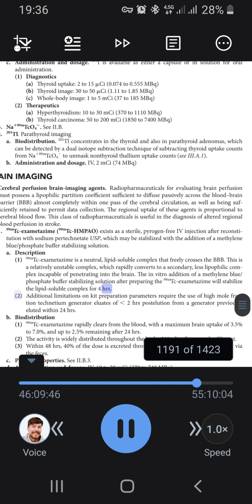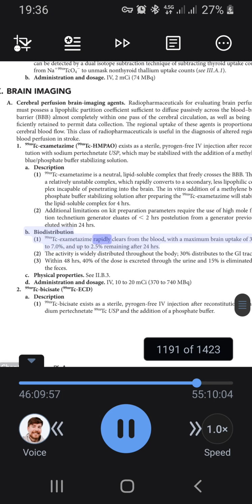2. Additional limitations on kit preparation parameters require the use of high mole fraction technetium generator eluates of 2 hours post-elution from a generator previously eluted within 24 hours. B. Biodistribution: